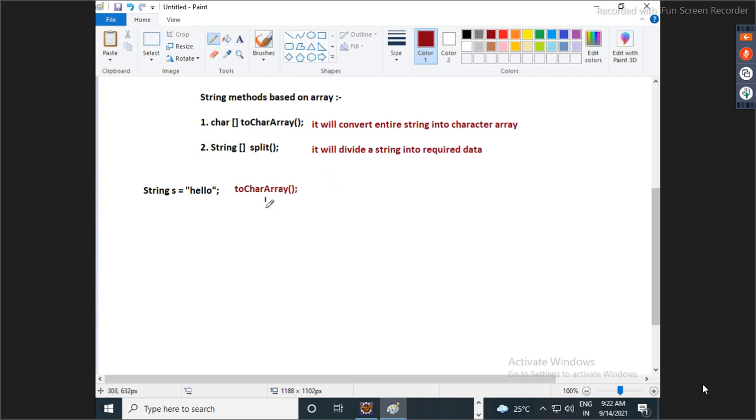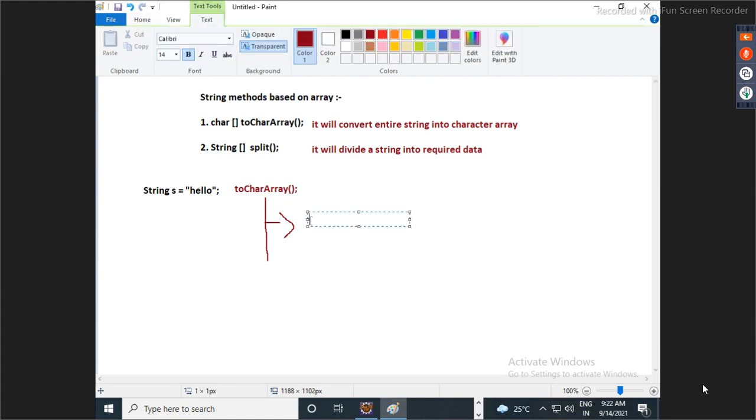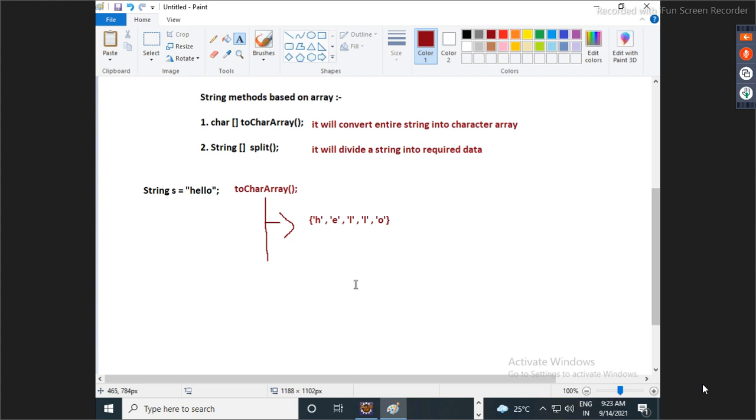This toCharArray method converts the entire string into something like this: h, then e, then l, then l, and then o. How many are clear on this? So it converts the entire string into a character array. Okay. So now guys, are you clear up to this?